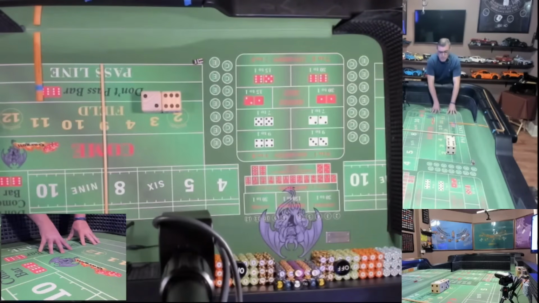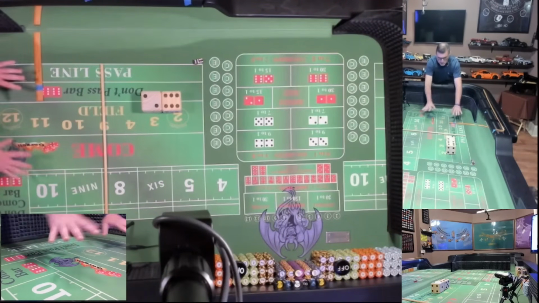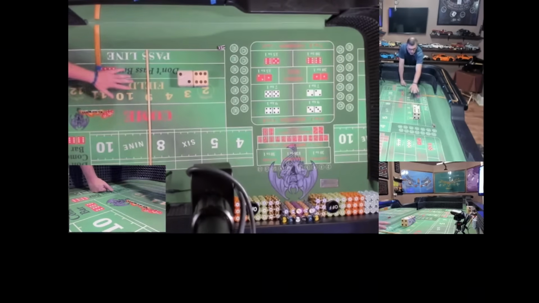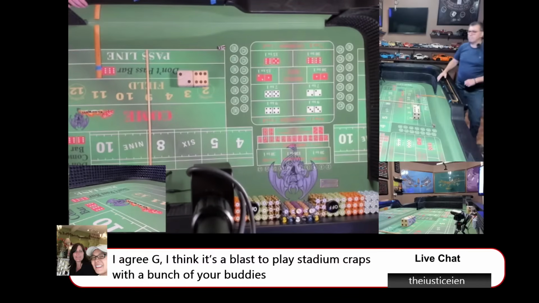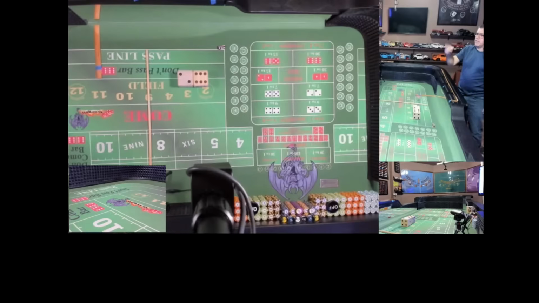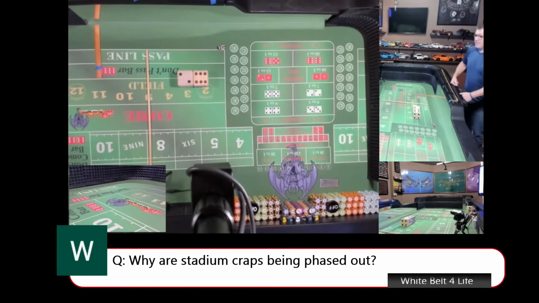In Harrah's Cherokee, there is nothing here. It's just these two bars. That's it. So there's no plexiglass limiting me. Okay. Jen agrees with you that playing the stadium craps is a blast. Yeah, her and Mark the point. Correct me if I'm wrong, Jen. We went to Boomtown. We stayed there and we played and we had fun, all three of us. Jeff, me, you, and we took Mr. Cowboy Hat himself there one time. He won't admit it, but